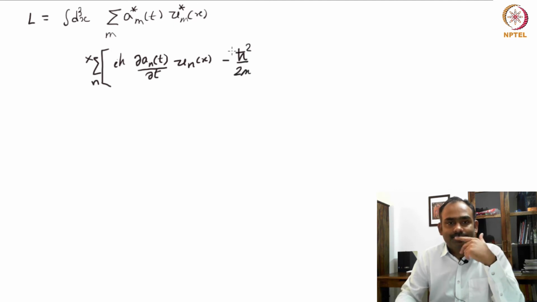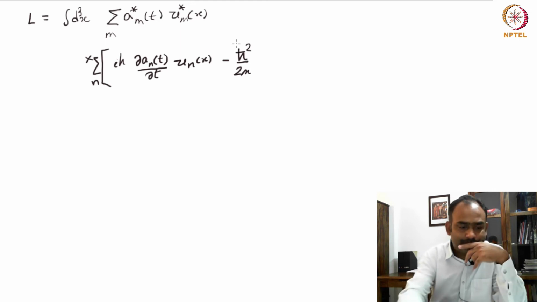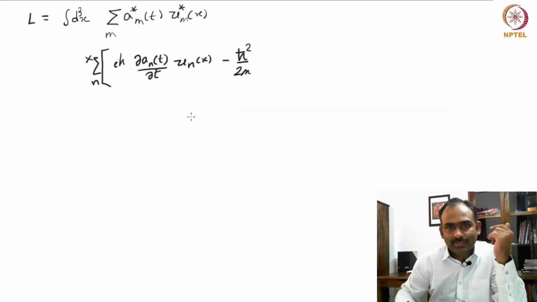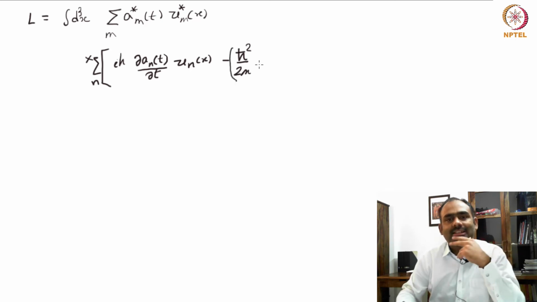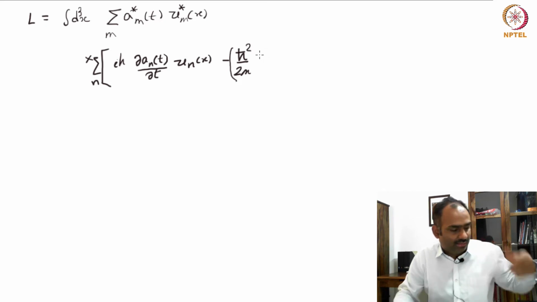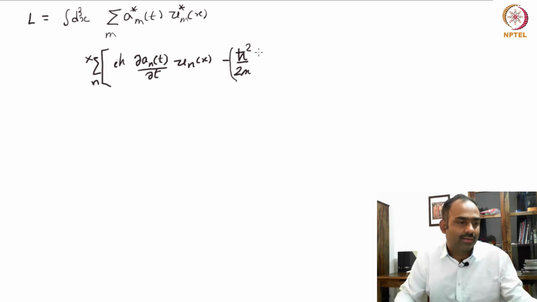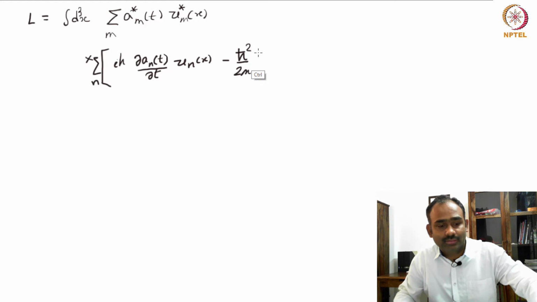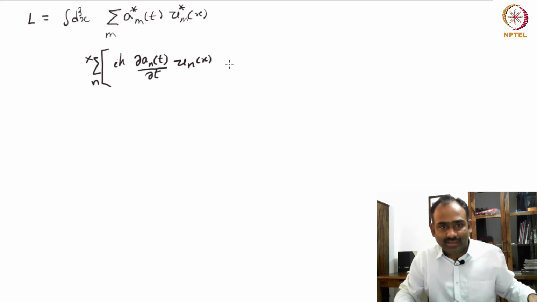Okay, did I make a mistake somewhere? No, minus h. Okay, minus h. So let me put a bracket here, it will be easier. Minus h bar squared over 2m. Then we have... sorry, I don't need to do that. Okay, so minus